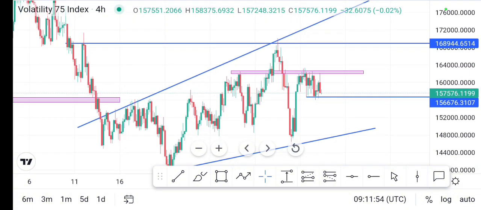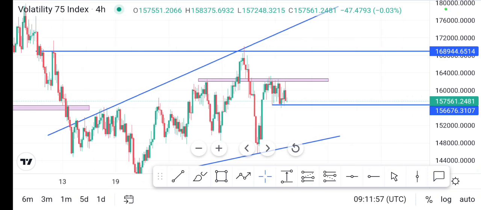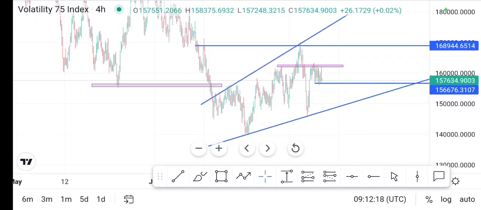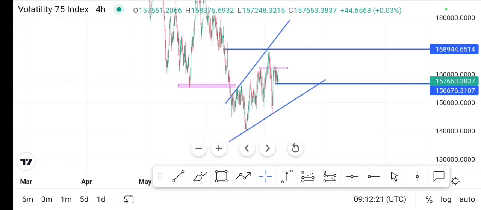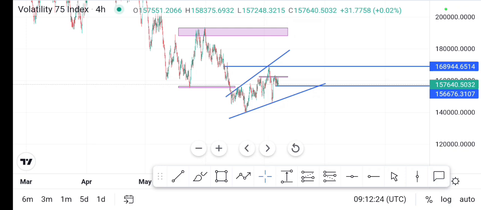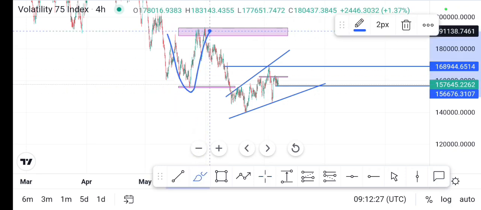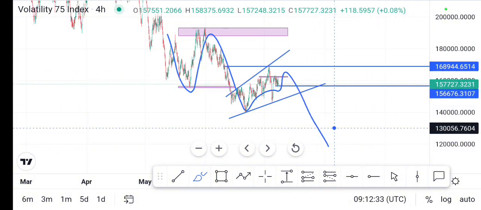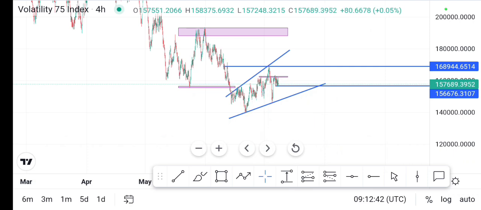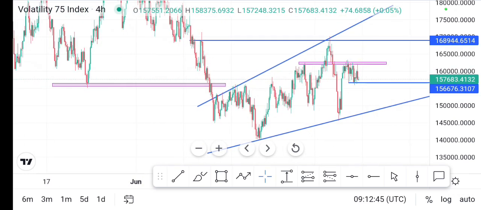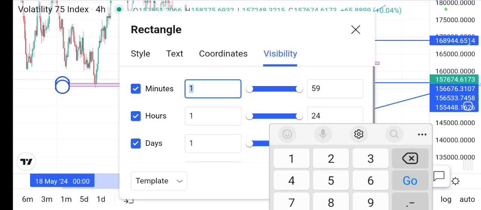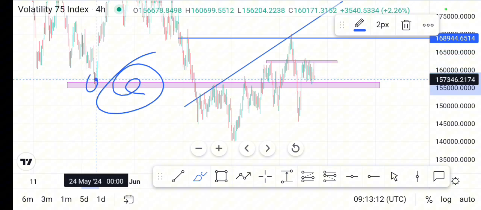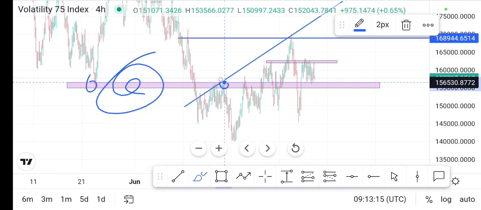You can see right now that we have an ascending channel taking place on VIX 75. It's like a flag, like a rising wedge. So what are we expecting? The market has made a low here, made a high, so we are consolidating and then we go down. This is what we are expecting to happen, but there are two things that can happen. There is some possibility of this zone to keep holding, because you can see there is a first touch here, we break, and then we retest, and then we break above.